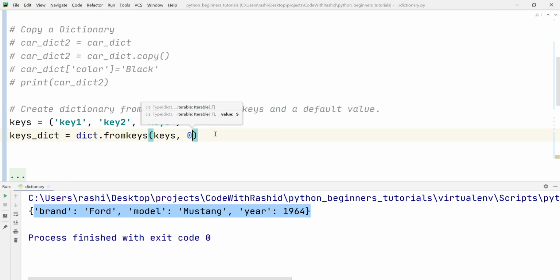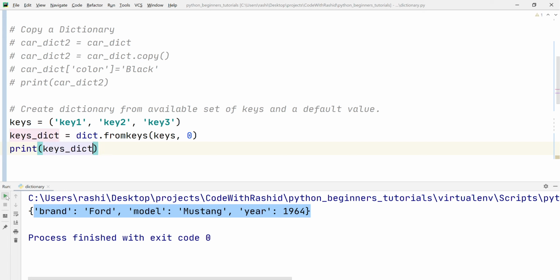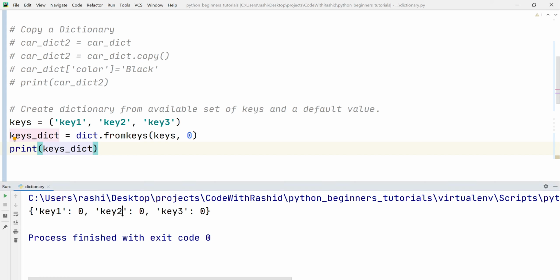Let's print this dictionary and see what is the output. After running the program you can see that we have got a valid dictionary that is having all the keys and a default value of 0 for every key. So guys, this was our third property.